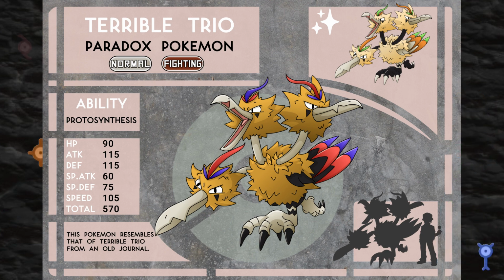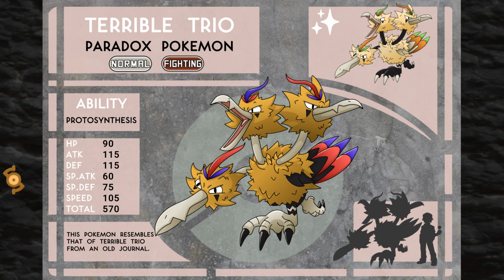Because of all the hints to it being aggressive, not only to others but itself, I thought Fighting type would fit really well into this design. For the legs, I just made them a little bigger and more powerful, and made the claws bigger too. The tail I extended and pointed the feathers and gave a whole new coloration and pattern. Since Terrible Trio is Fighting type and red and blue are common secondary colors for Fighting types, I added them